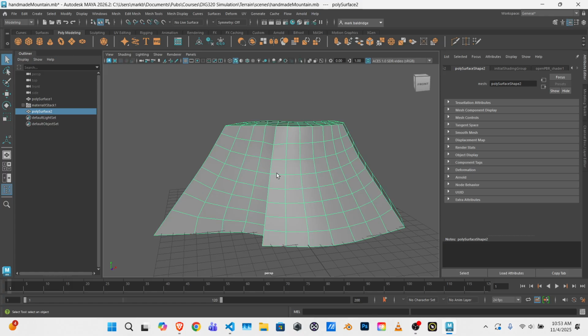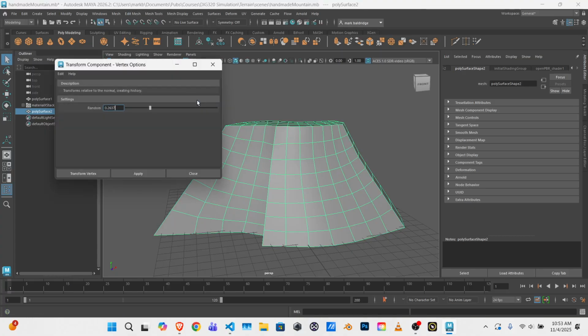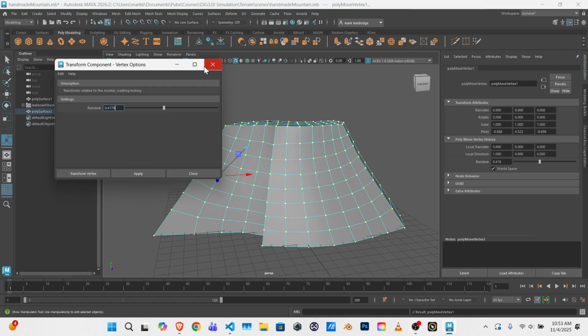All right, we're going to edit the mesh. So that's edit mesh, and there's something called transform. And we'll click that window open. And this is kind of a strength amount. And we'll try it in the middle here. And then we transform vertex. And what we get is